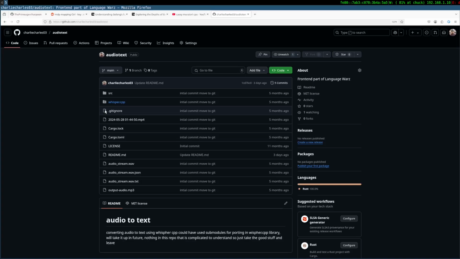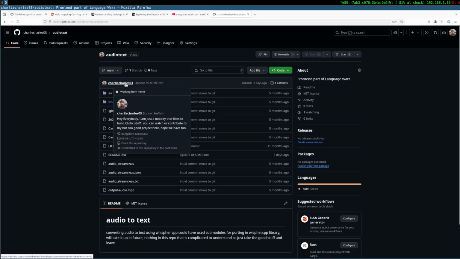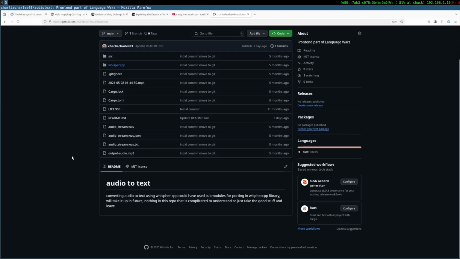Could have used a submodule for porting the Whisper library and will take it up in future. Yeah, I guess I can do that now. I can do a submodule for this, so that whenever Whisper.cpp is updated, I get the updated version of the code. And it's written in C++, so reading it would give me a little bit more context on how it works.